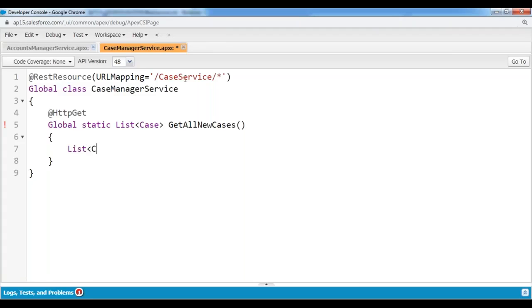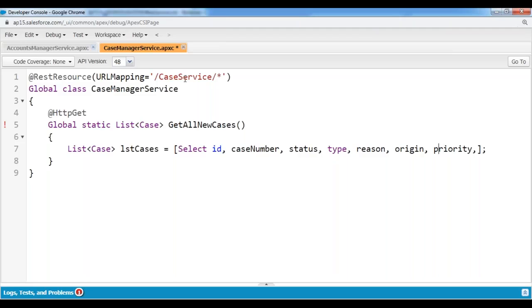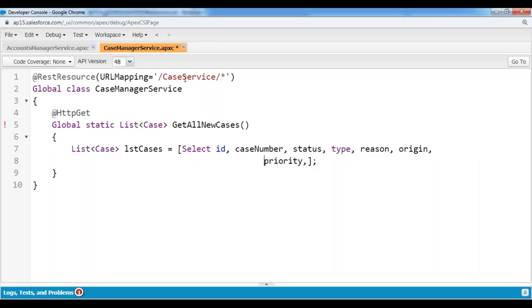I'm indicating list of case, lstCases equals to: select Id of the case, CaseNumber, Status, Type, Reason, Origin, Priority, and Subject from the case object,